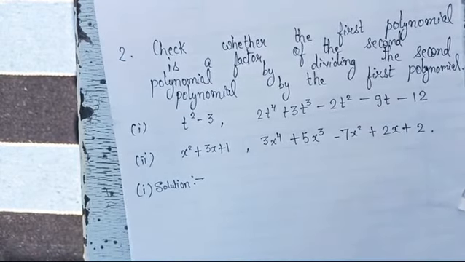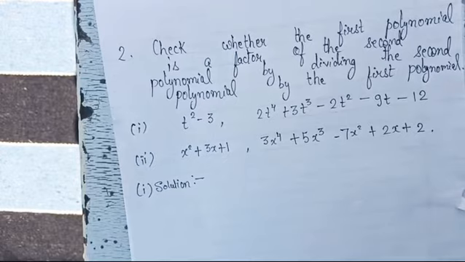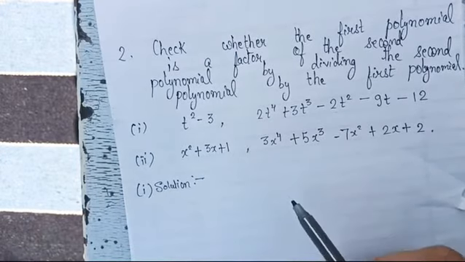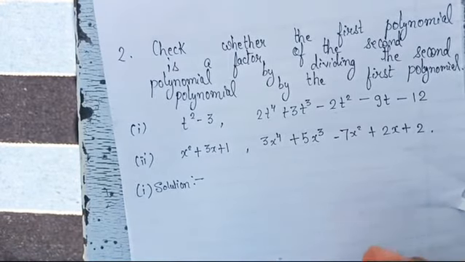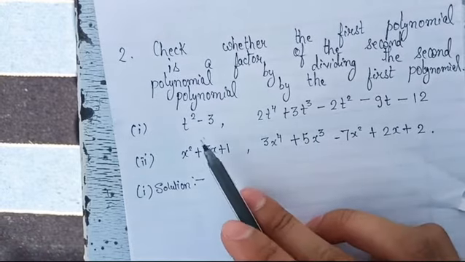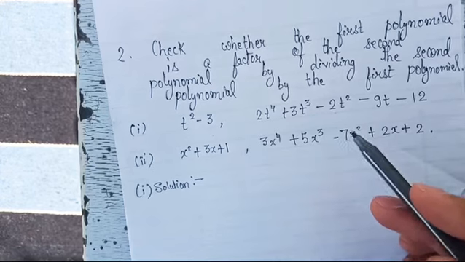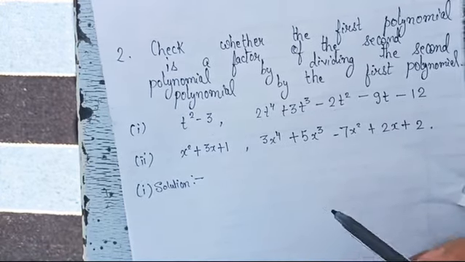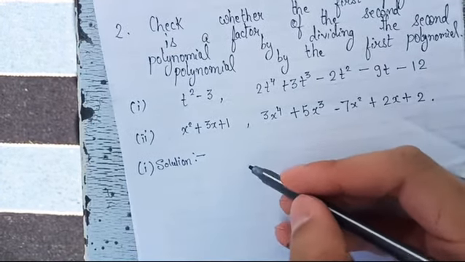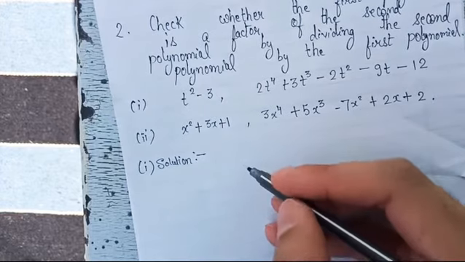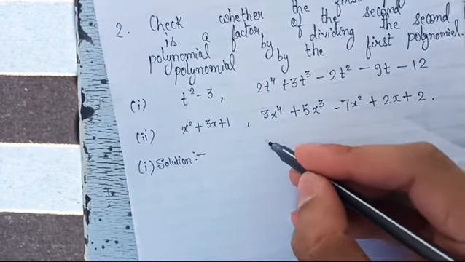So in this question also we will divide the second polynomial by the first, and we will see if the remainder is 0. If the remainder is 0, then only we can say that the first polynomial is a factor of the second polynomial. So first of all we are dividing them. Okay, in the first question we divide it as follows: